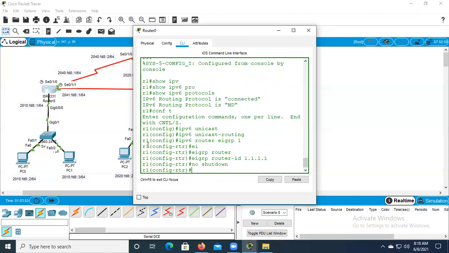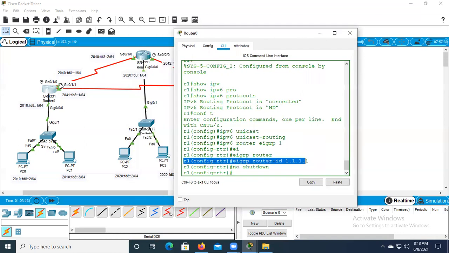I have to go for ipv6 router eigrp 1, and it's mandatory that you configure your router ID. A router ID is an ID for the router. If you don't assign a router ID, it will take the link-local address by default. And there is a command called no shutdown.